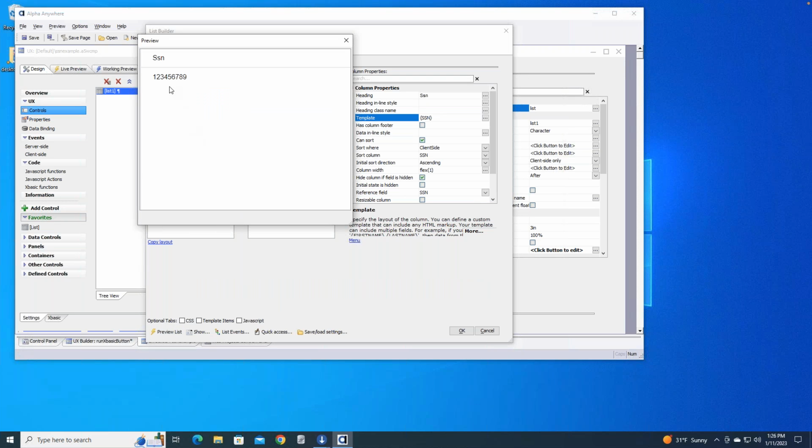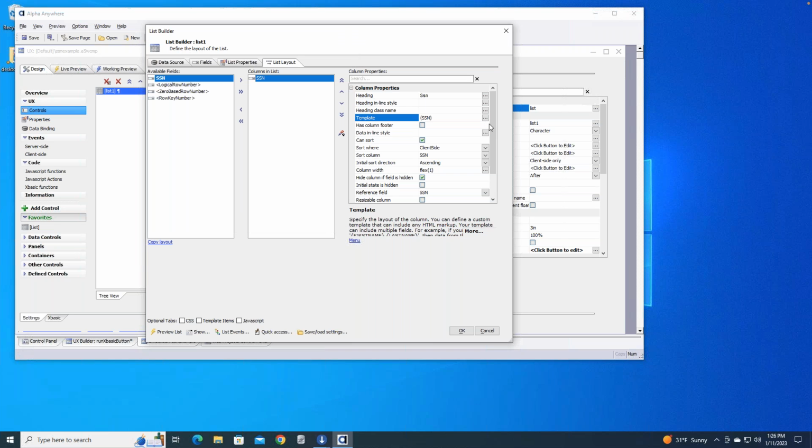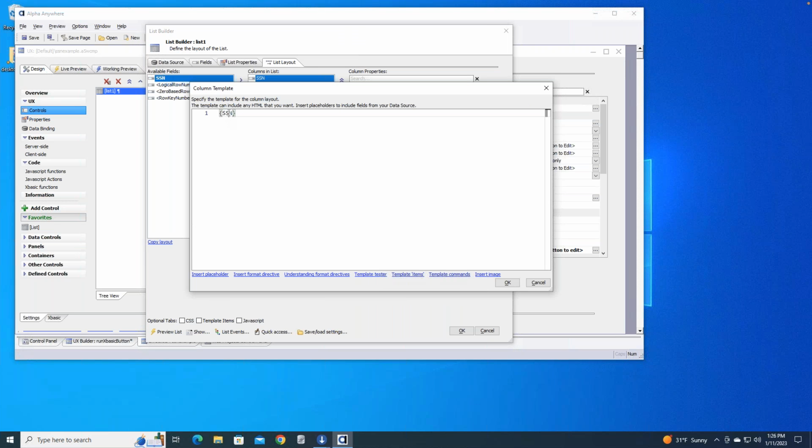And what we should see is SSN, and there's the data. Okay, so we haven't added any real formatting to it. This bracket just simply means please insert that field value. Now, Alpha has an ability to format data before it's displayed on the screen, and it does that using something